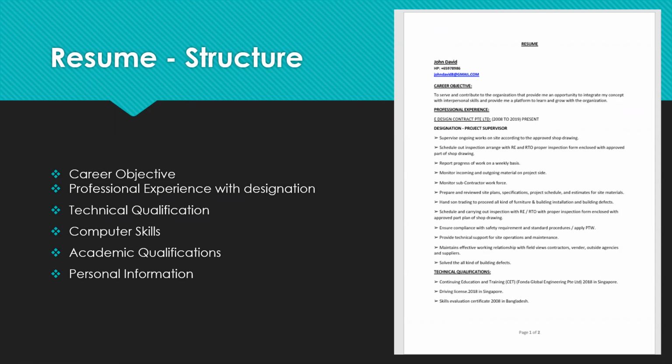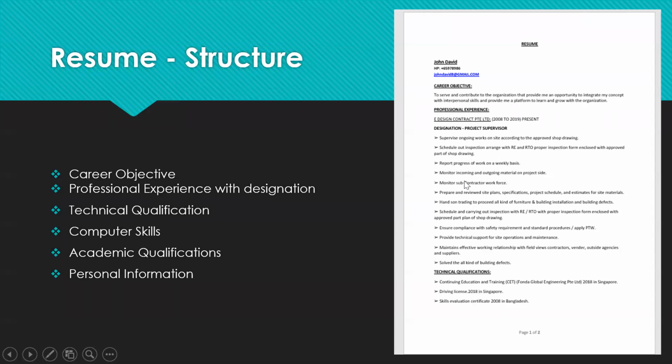designation in that company. So the first company you might have worked as a junior, then you have got a promotion, maybe in the second company you would have worked as a senior, so senior engineer or something like that. So you can add your designation as shown here. So here you can see, right, we have already added the company name, we have already given the designation and what you have done in each company.